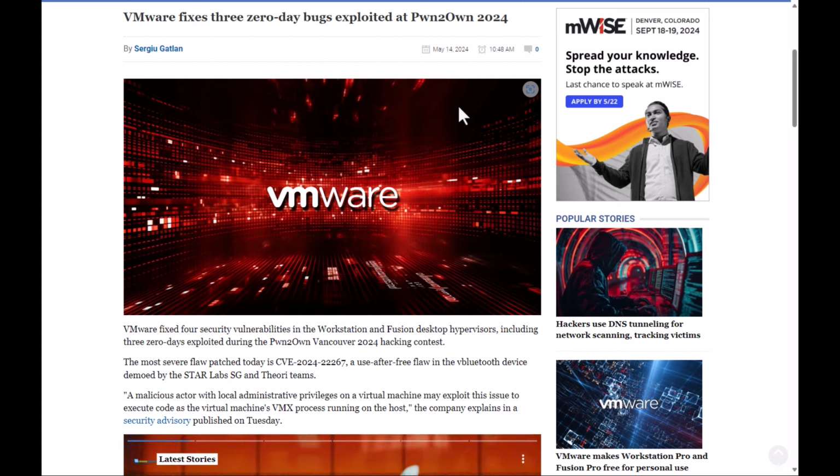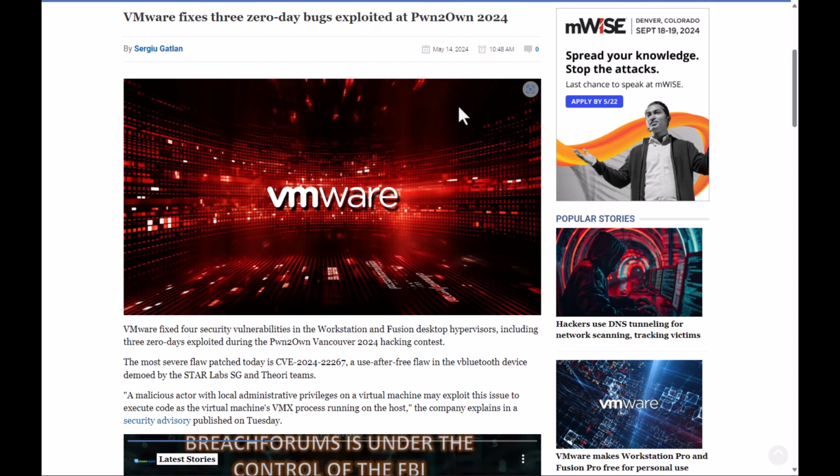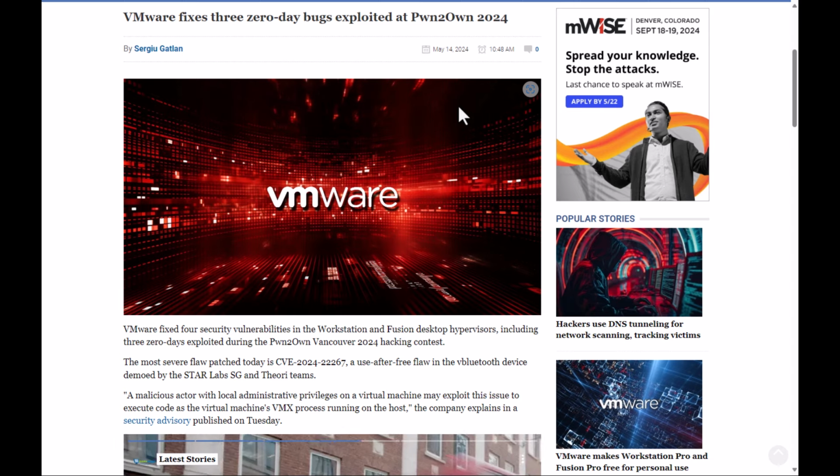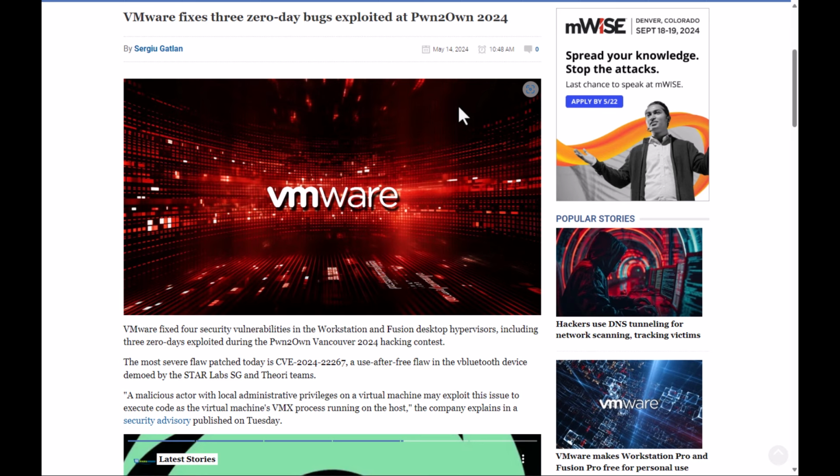They stated a malicious actor with local admin privileges on a virtual machine could exploit this issue to execute code as the virtual machine's VMX process running on the host. VMware also provides a temporary workaround for administrators who cannot immediately install the security updates that were released. This workaround requires them to turn off the virtual machine's Bluetooth support by just unchecking the share Bluetooth devices with